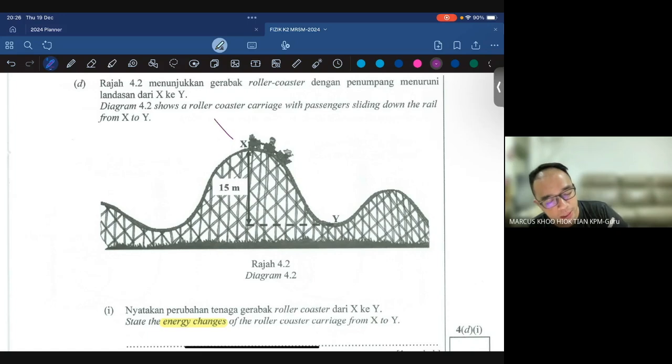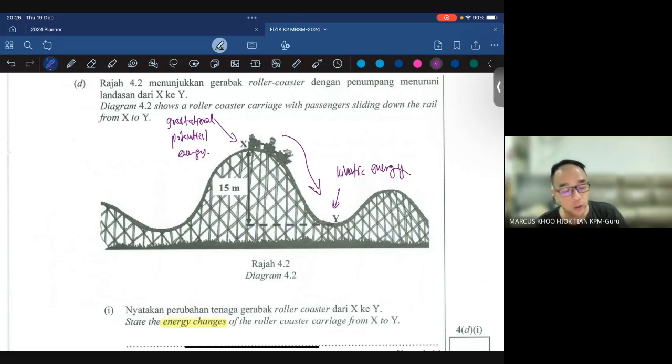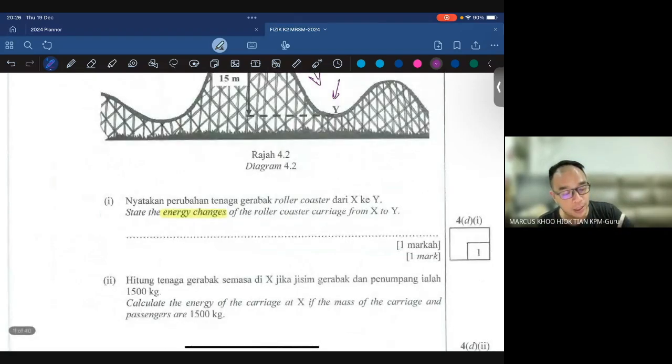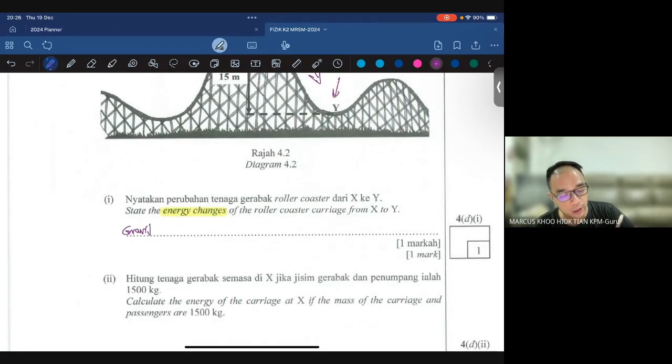At a certain height, this is obviously gravitational potential energy lah, because it has height. At Y, since it is moving down, it's going to be kinetic energy. So the energy change that happens is gravitational potential energy